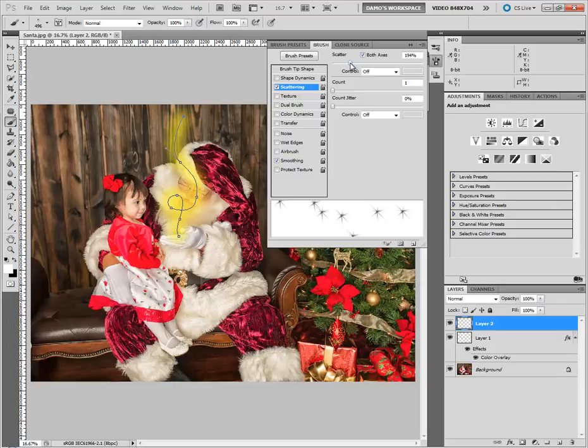I'll just show you this. If there's no scattering, then it just brushes like that, and then the more you scatter it, the more it kind of randomizes it, you know. And I want a fair bit of scattering here. I'll crank that slider up a bit. So now when I paint, see, it's kind of